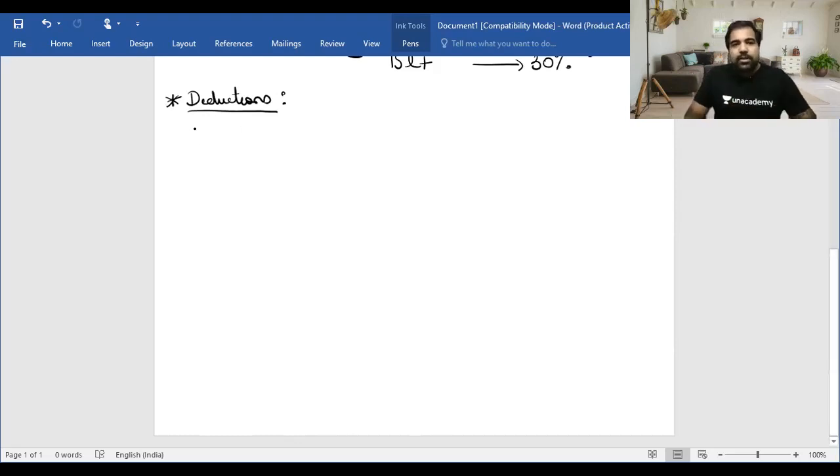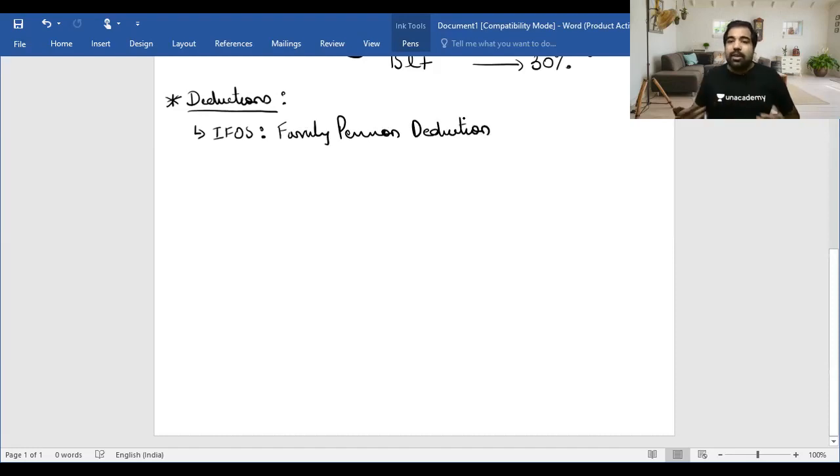The first head I'm going backwards is IFOS. In IFOS, there is income, section 56, and there are expenses, section 57. But in those expenses, in those deductions, one deduction you will not get, that is the family pension deduction. If you don't recollect, family pension is basically when you are no more, your family gets pension on your behalf. And in that case, they get a deduction of 1/3 of the monthly pension or 15,000, whichever is less, but that deduction you will not get. That's the only deduction you will not get in IFOS.